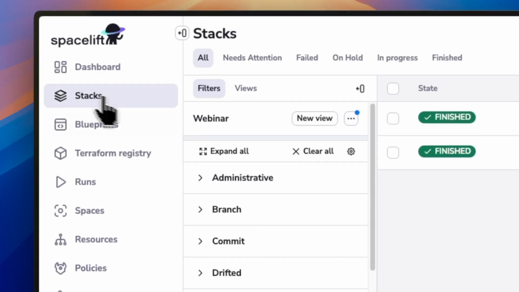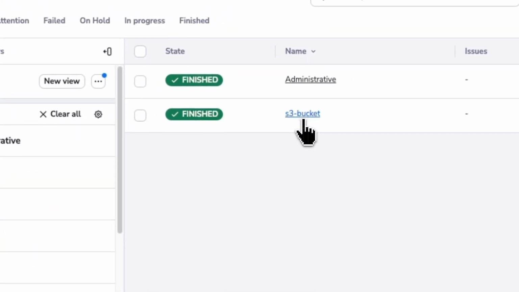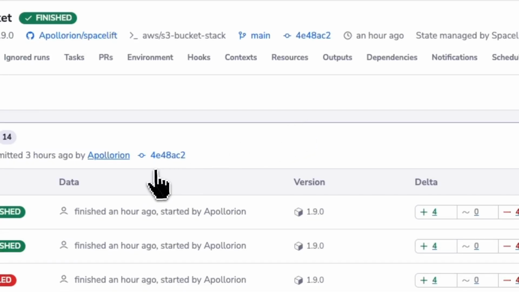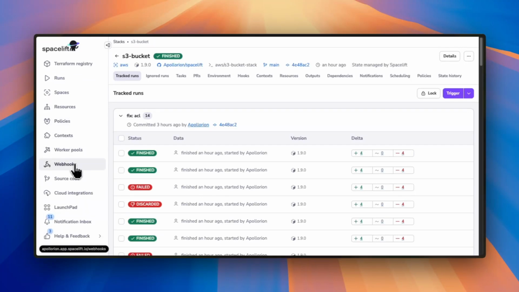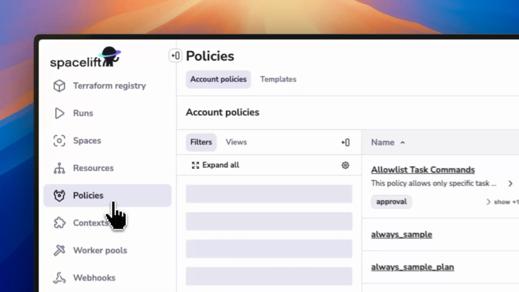So if I come here to my stack screen, I have this S3 bucket stack. All this is going to be doing is it's going to create S3 buckets with public ACLs. We're going to check for that public ACL, make a determination on what to do, and ask for approvals from there. So if I head back to our policies, actually, go back into the templates,